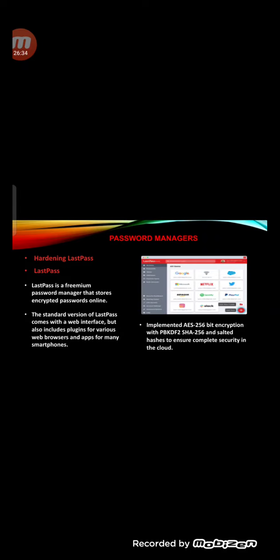So that's how LastPass works. Then in hardening LastPass,